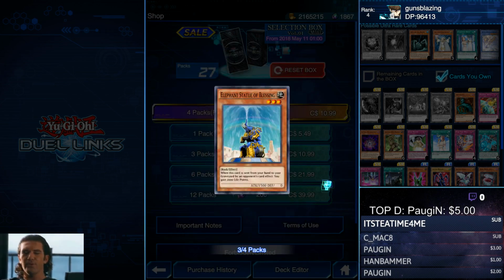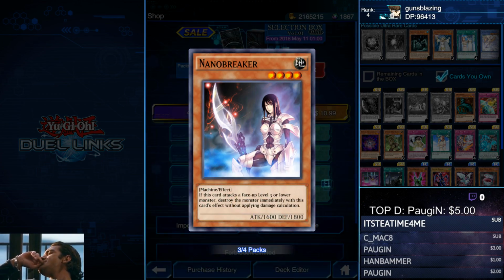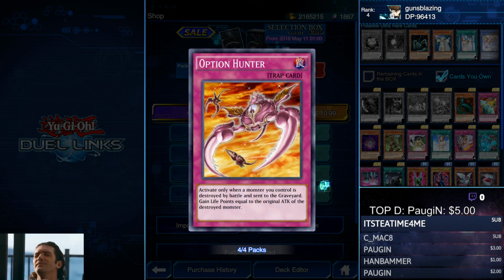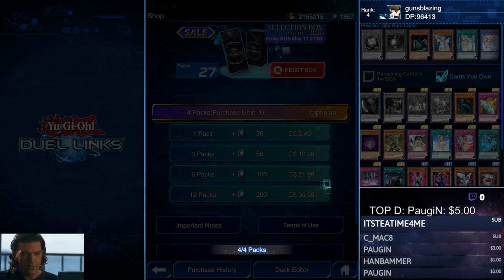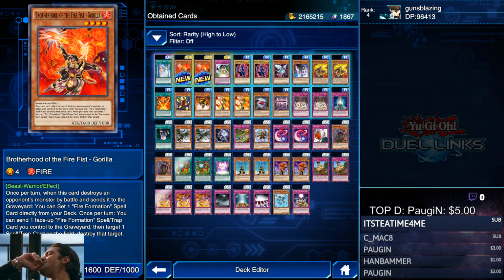Limit Reverse, that's trash. Forbidden Dress, that's trash. Not getting good pulls right now. Brotherhood of the Fire Fist Raven. I mean Gorilla. Okay, we got 2 Gorillas. So